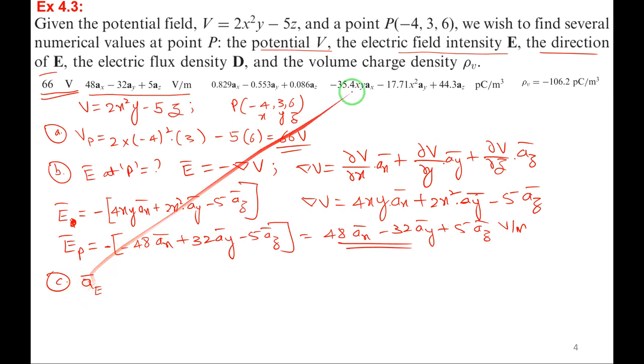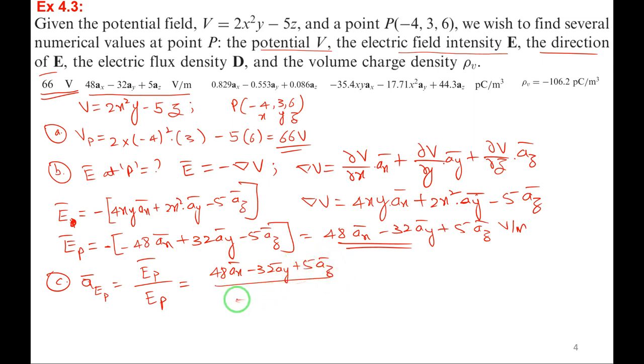So unit vector, they are asking the direction of E vector, which means they are asking the unit vector in the direction of the field. So the E vector at point P, we will take it and divide by its magnitude, right? So do it: 48 ax minus 32 ay plus 5 az